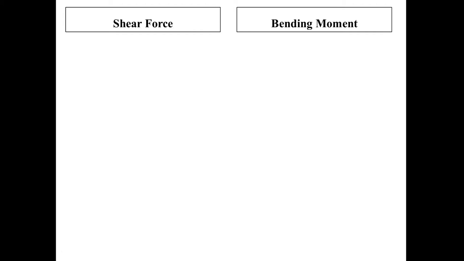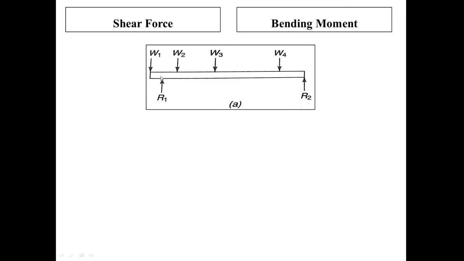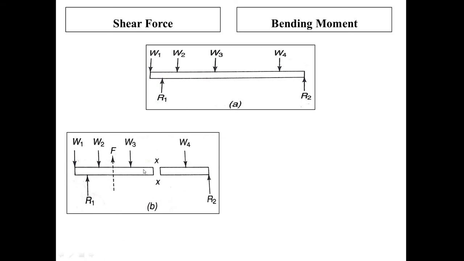Now we'll differentiate the shear force and the bending moment with a simple example. This is a simple example wherein we have an overhanging beam with two supports, one support over here, another support over here. R1 is reaction 1, R2 is reaction 2, and the concentrated or point loads act at different points. W1, W2, W3, W4 are the loads. For the shear force, you have to take the section. If you take the section over here,